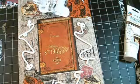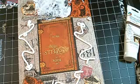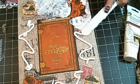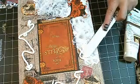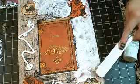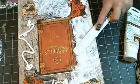Now I kind of tap it a little bit to give it a little bit of texture. This is my technique, so I don't know, you guys may have a different technique. It's okay if your book shows through a little bit, as long as there's a thin texture. That's what we're going for. Now you can leave it as thick as you'd like to. You just need to remember that it needs to dry